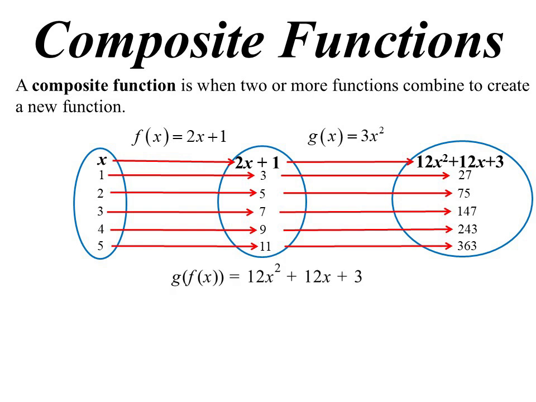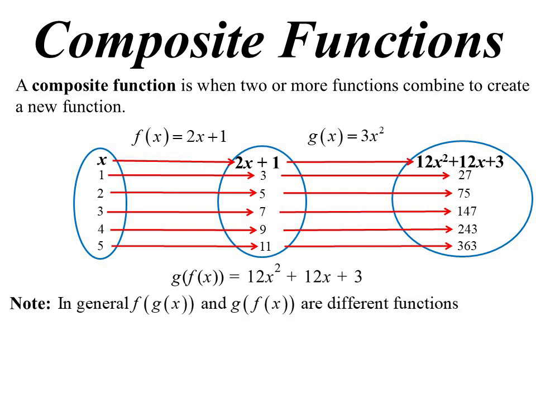If I sub function f of x into g of x, then I would get 12x squared plus 12x plus 3. If I was to do it the other way around, if I was to substitute g of x into function f of x, you're not necessarily and probably not likely to get the same answer. It'll come up with a different function. So for this one, had I substituted g of x into function f of x, I would have ended up with 6x